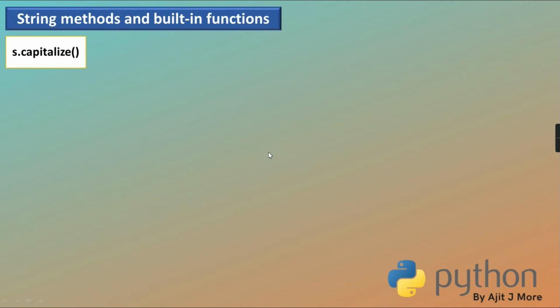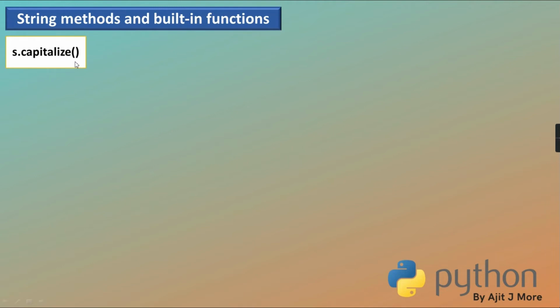All the methods are built-in functions which do some transformation on your string. They will never do transformation on the original string. They will return you a copy string. A new string is returned. The original string remains as it is because string is an immutable class. Same like Java. In Java also there is a string class, and the Java string class is immutable. In Java there is a string buffer class which is mutable, but the string class is immutable. Same technique here. Now we'll discuss all these methods quickly one by one.